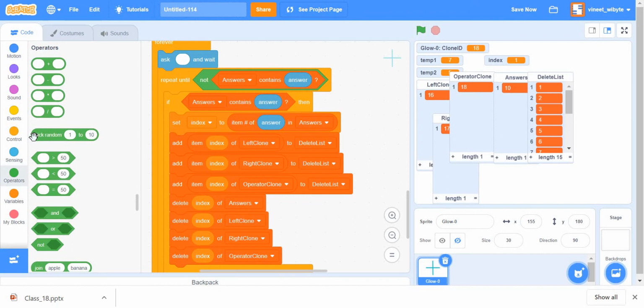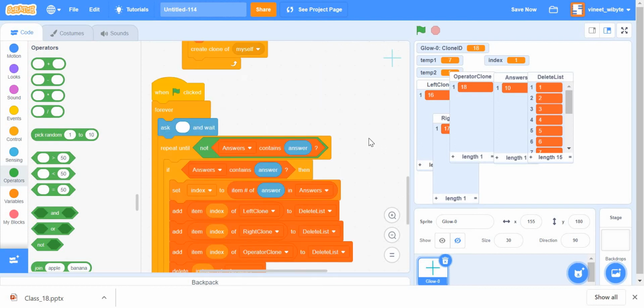The reason is because I really do not control how many repetitions I'm going to get when these numbers fall. So it may be that I never get a repetition. It may be that 3 of those answers are the same value. So I cannot control how many times I must repeat it, and hence repeat until gives me just the right kind of flexibility to keep doing this until the list doesn't contain the answer that I provided. Which means it's all been clear, right?